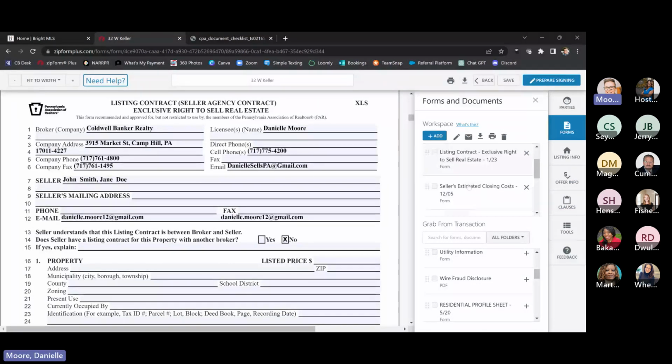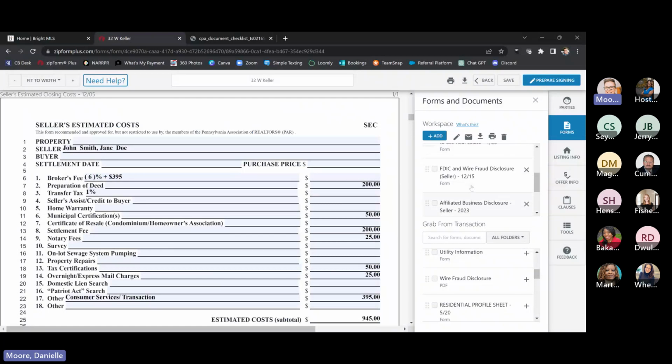You can move these around if you want, right? So if you want them to know their costs before they sign the listing agreement, you just populate that up. And these, the transaction or the templates that Trisha created, she did put,